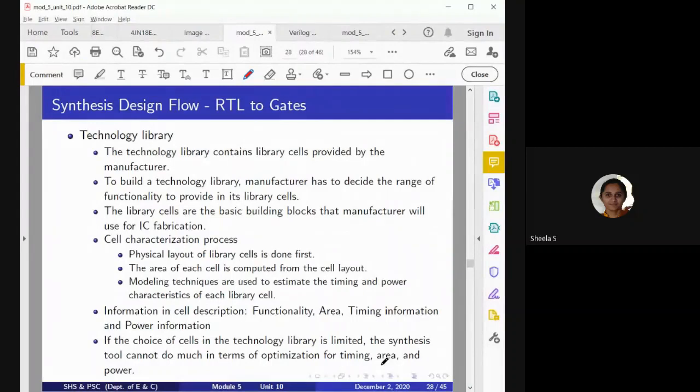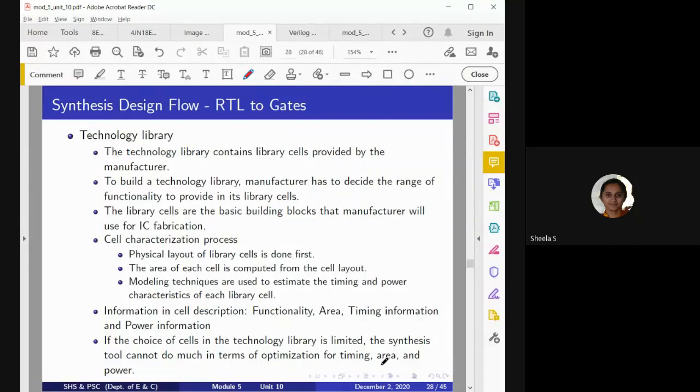Then how can this technology library be built? When considering the technology library, first the manufacturer has to decide what primitive gates, basic gates or primitive cells to include, like a basic 1-bit adder or a 1-bit multiplier. Using that 1-bit multiplier, we may consider an n-bit multiplier, say a 10-bit multiplier.